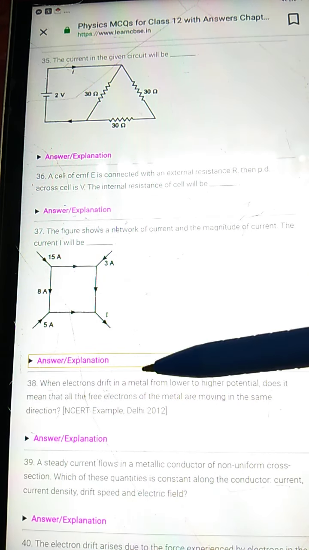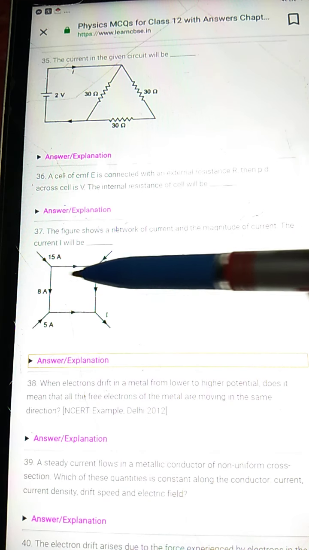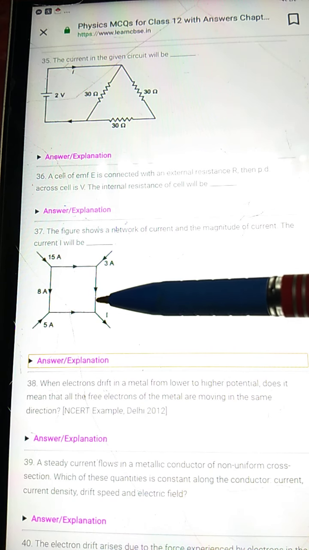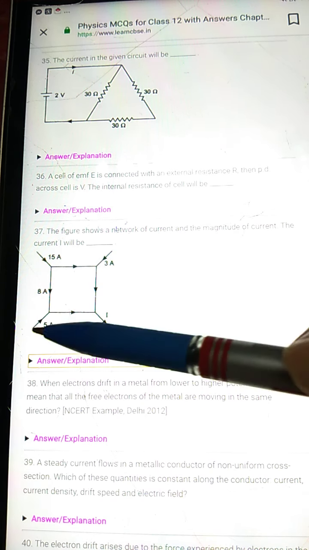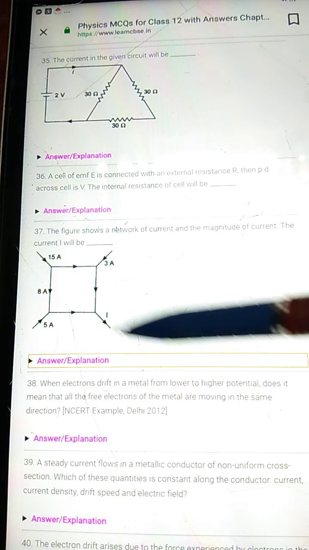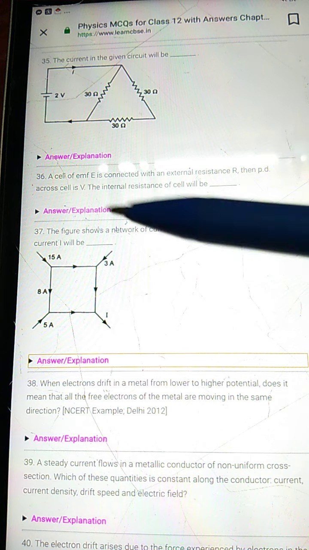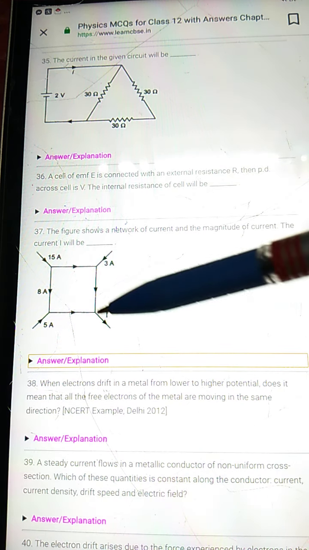So 15 ampere current is coming. Forget about what is 8. If it is 8, it is going to be 7. If it is 7 and it is 3, it is going to be 10. Forget about all these things. Through 3 branches current is entering, and there is only one branch through which current can escape. And current cannot be stored in this square. So the current entering the square must come out of the square.